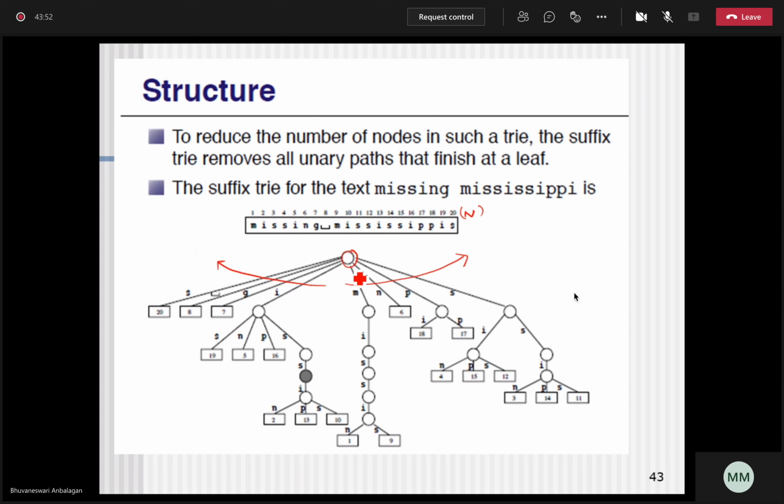Okay, so there will be a root node. So you will be making this suffix tree, so that the pattern can be found in the easiest way. See here, this way if I see, I will just go to missing. Okay, missing, I will go over here. And then in this way if I go over here, I'll go with Mississippi.